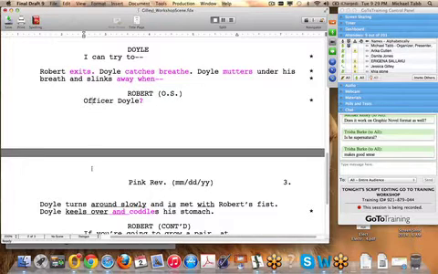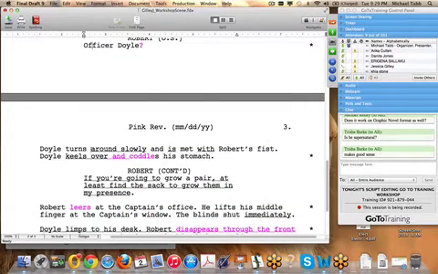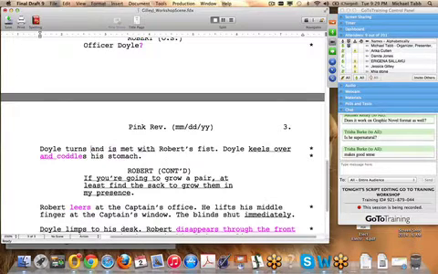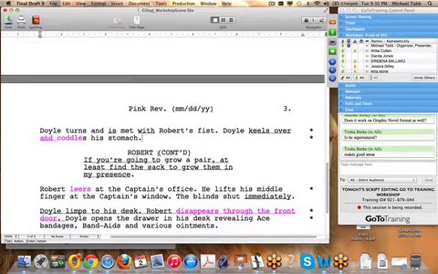Officer Doyle, you don't need to dictate the speed at which somebody turns around. And around with turns is one of those words that is unnecessary, just like stands up. If somebody is in a chair and he stands, you don't need the word up. If somebody turns, you don't need around. People know that they would stand up, and they know that people turn around. Doyle turns, and is a verb you want to get rid of in all your scene description. Turns